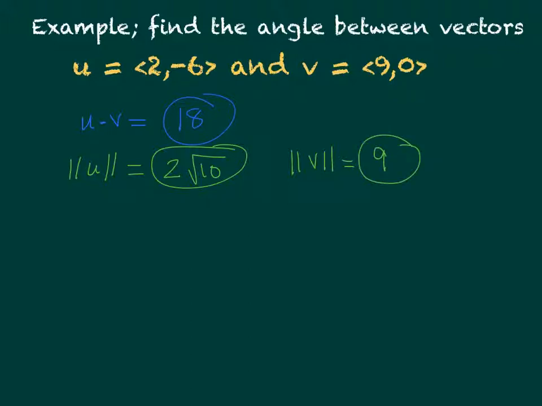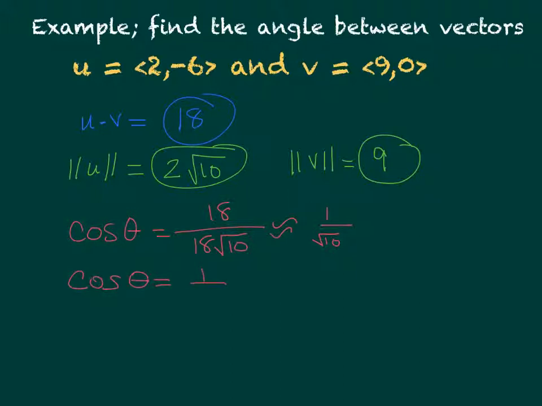So now we have cosine of theta equals 18 over 18 times the square root of 10, which is approximately equal to 1 over the square root of 10. So we can find cosine of theta equal to 1 over the square root of 10, and that's going to be approximately equal to